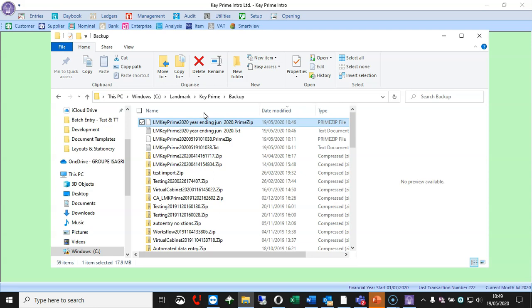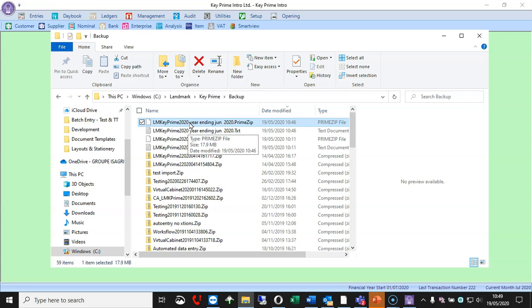So there are two options. Often your accountant may have a web portal and they will give you some instructions where you can come to your Windows Explorer here and find your file, and you can often just drag and drop that onto their Windows portal and it will uplift the file straight to them. The other option, if that isn't available to you, is that you can go off on the web to companies like Mail Big File that offer a free option.